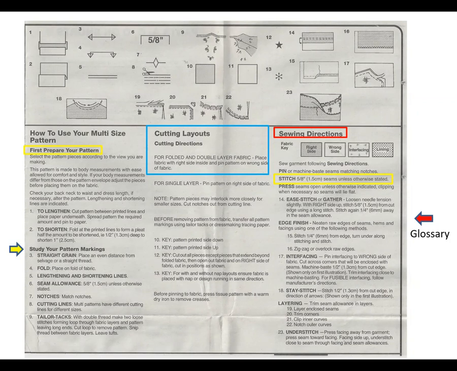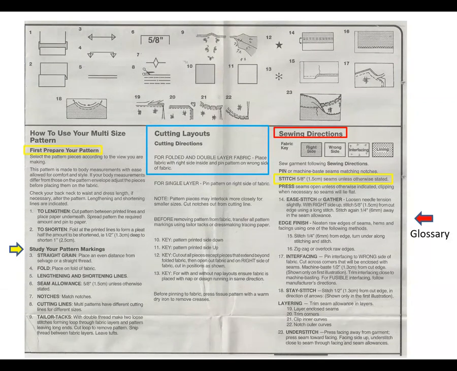It'll give you instructions. And you'll notice there are pictures above that are numbered 1, 2, 3, 4, 5. All right, those correspond with the instruction number. So number 1, to lengthen, you can look at the picture and you can see that. The next thing that it tells you to do, and you can see the yellow arrow, says to study your